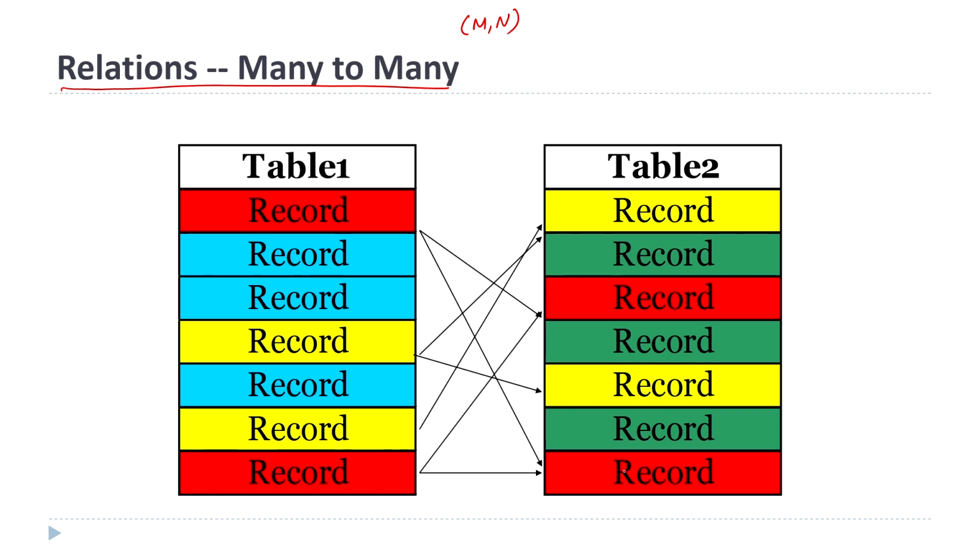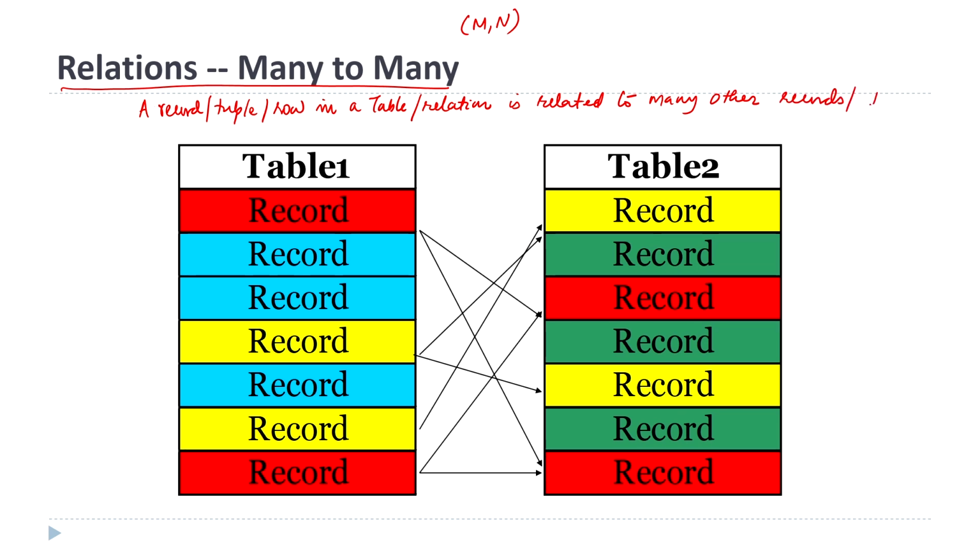One way to write about this, following the previous argument, is: a record, tuple, row in a table or relation is related to many other records, tuples, rows in another table or relation